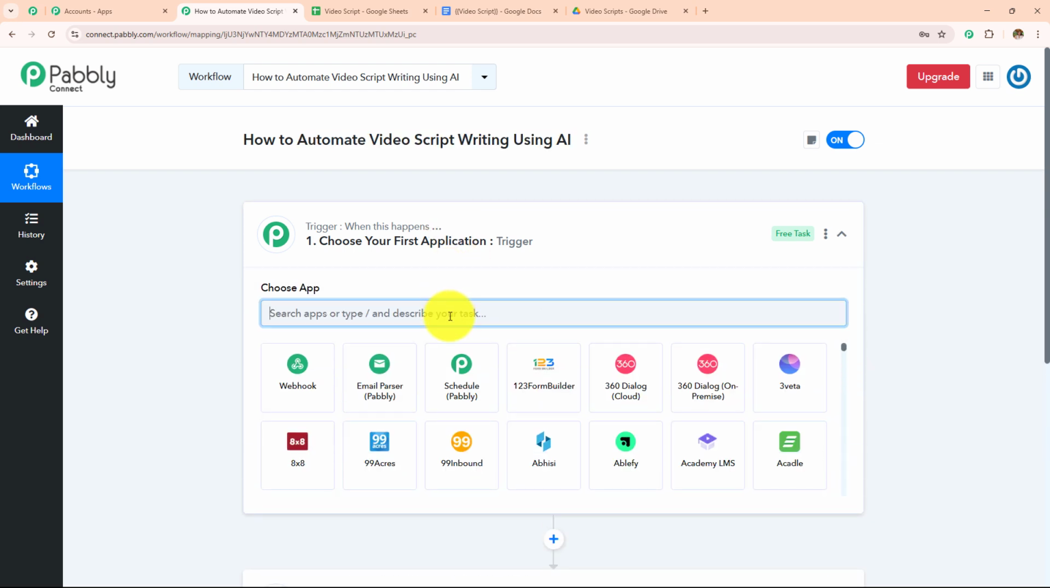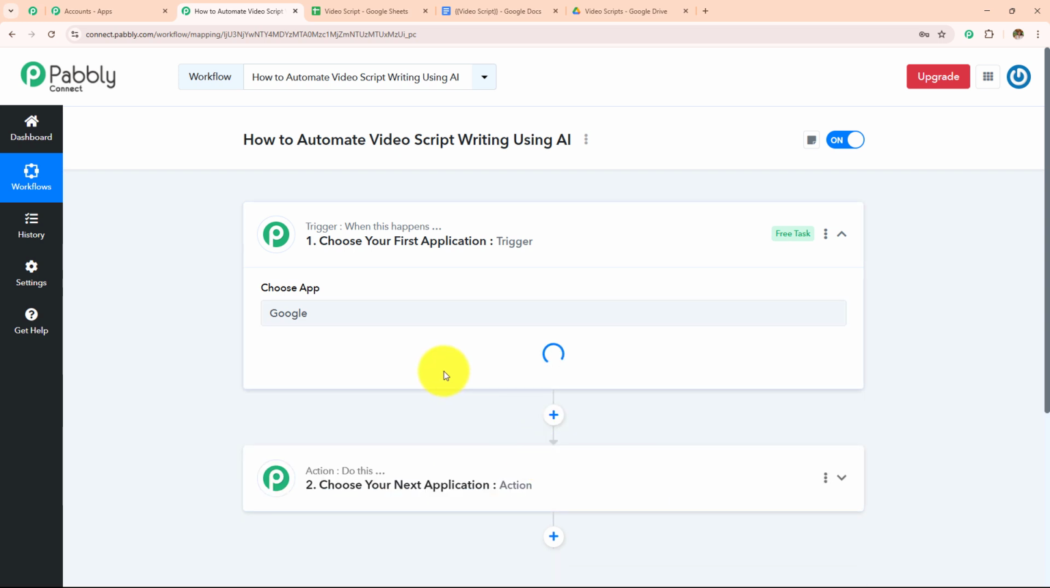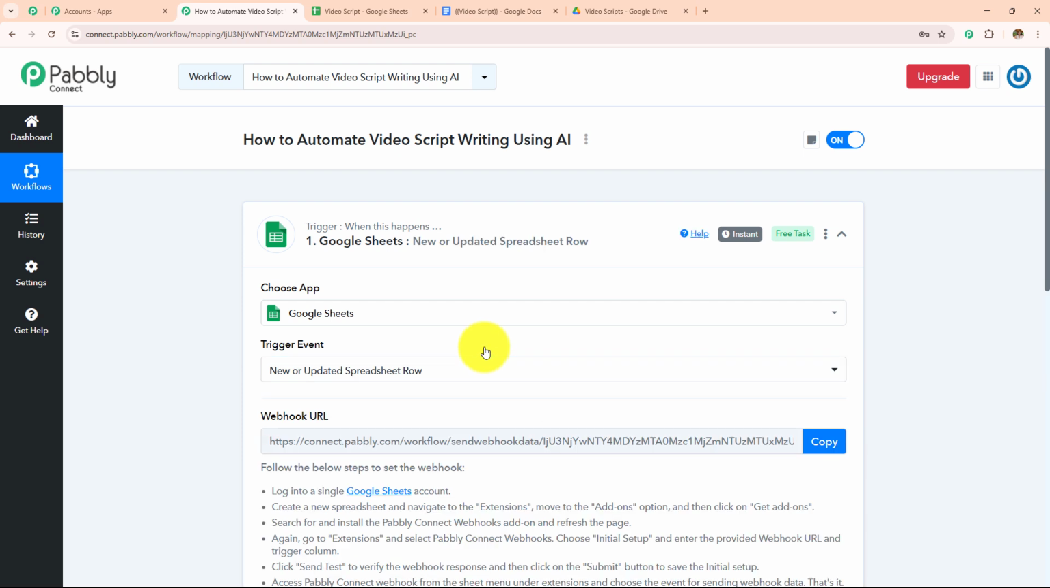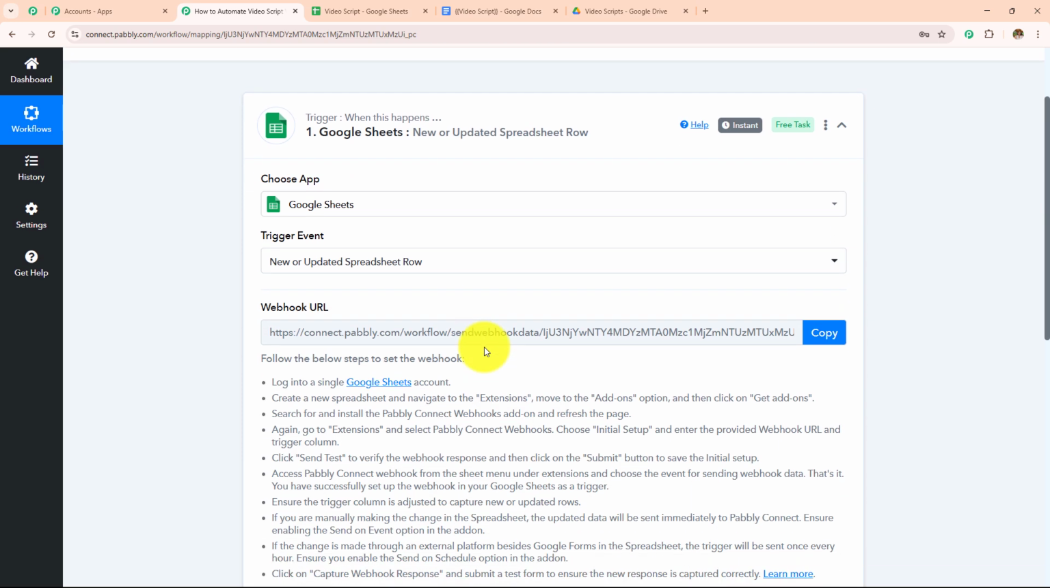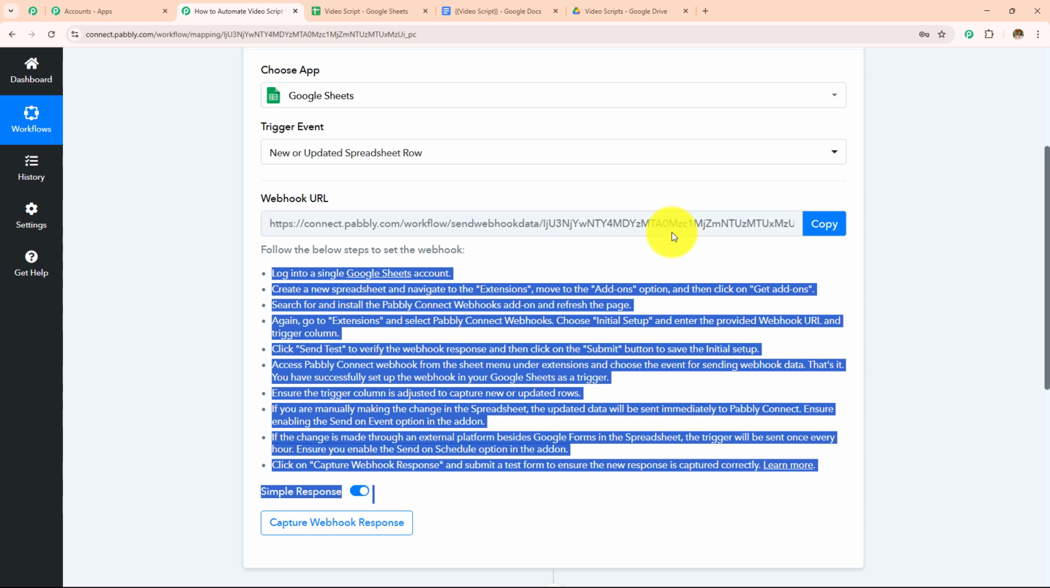So here, let's quickly take my trigger application as Google Sheets. And then in my trigger event, I'm going to take this new or updated spreadsheet row. Now I need to make a connection between Pabbly Connect and Google Sheets, for which a webhook URL is provided to me, and this webhook URL is going to act as a bridge to connect my Google Sheets with Pabbly Connect. So reading this help desk, I'm going to make this connection,